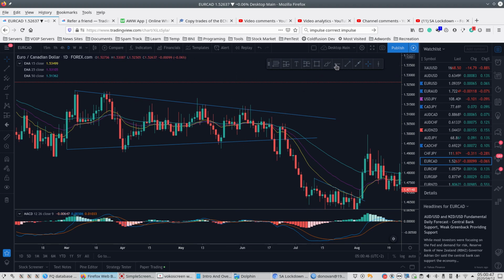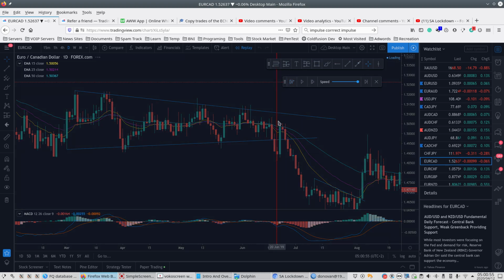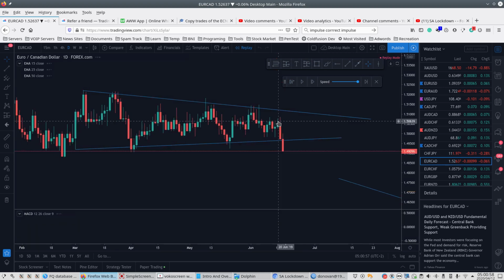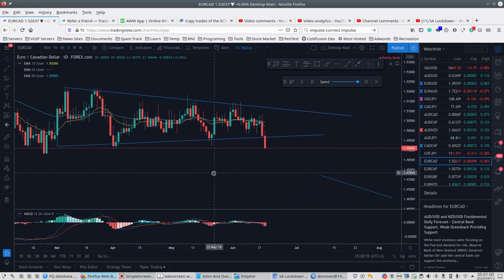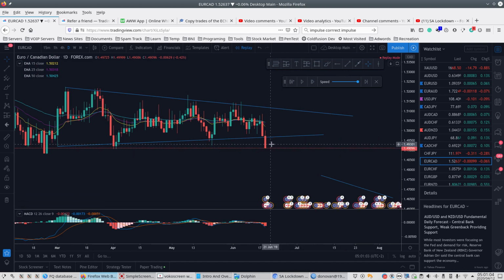So what I'm going to do here is I'm going to use TradingView's replay tool, and I'm going to cut it. I'm going to leave this trend line here. We already seen the chart, we know where it's going to go. And we see on the daily chart it is now broken out. Perfect. We want to go to the 4-hour chart,